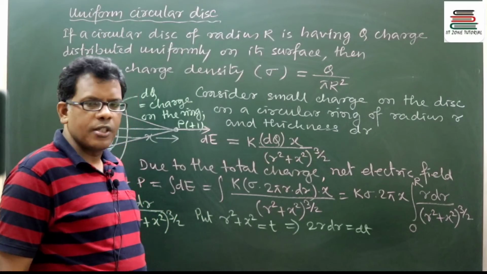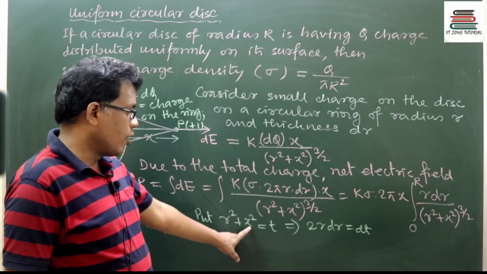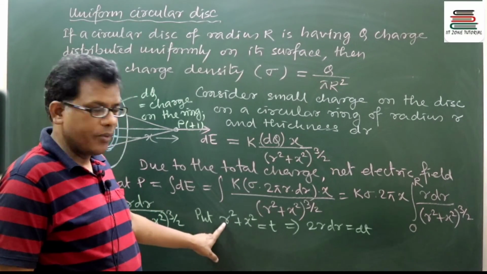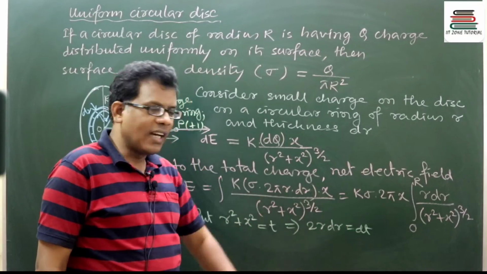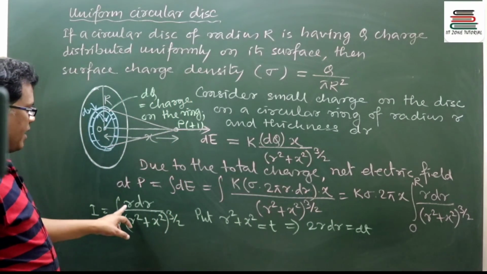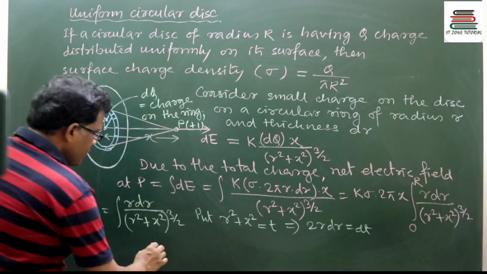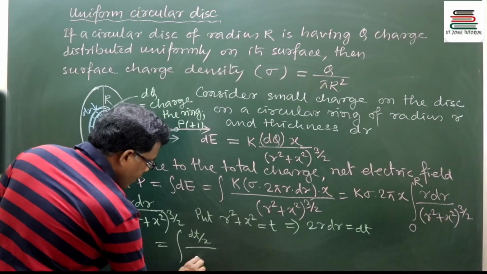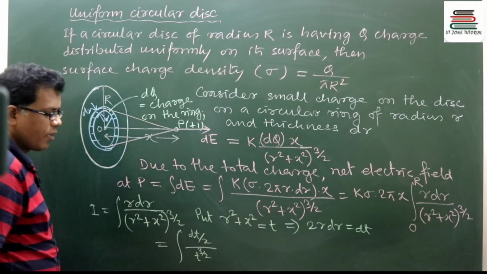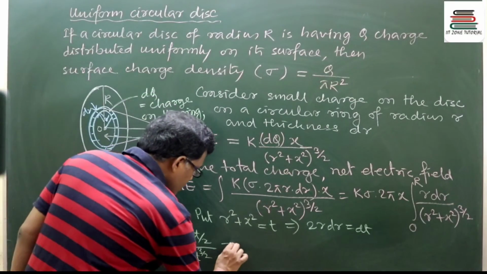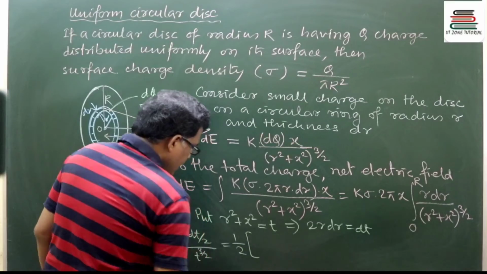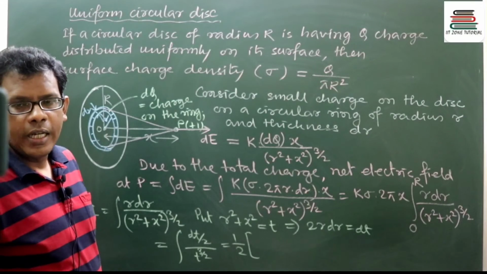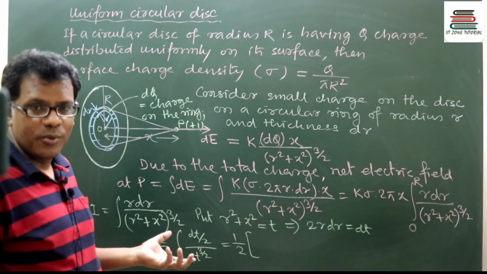So we differentiate with respect to t. This x square being constant, its differentiation will be 0. So it will be written 2r dr, and on the right-hand side it is dt. In the integration the numerator part is r dr, so I can change it: the numerator can be written dt by 2 divided by t to the power 3 by 2, right. So that means it is 1 by 2 integration of t to the power minus 3 by 2, taken to the numerator.